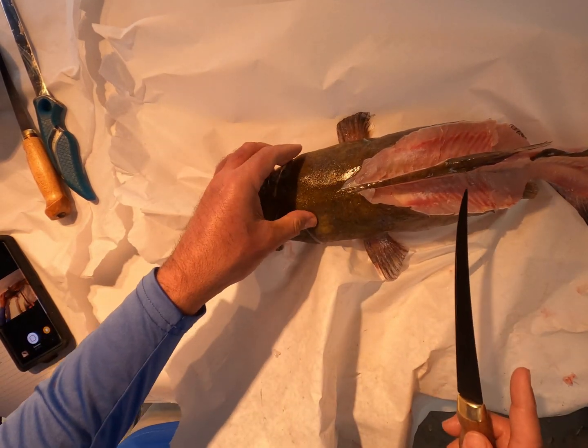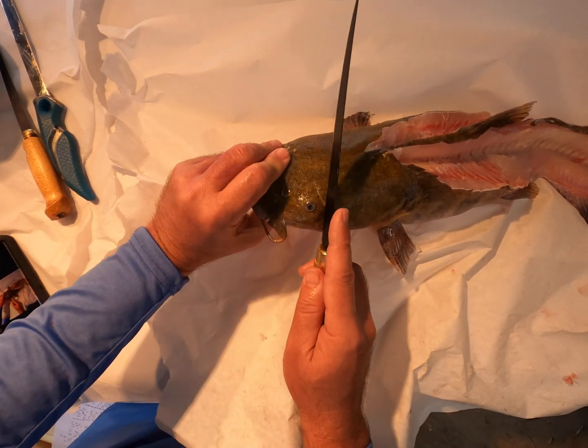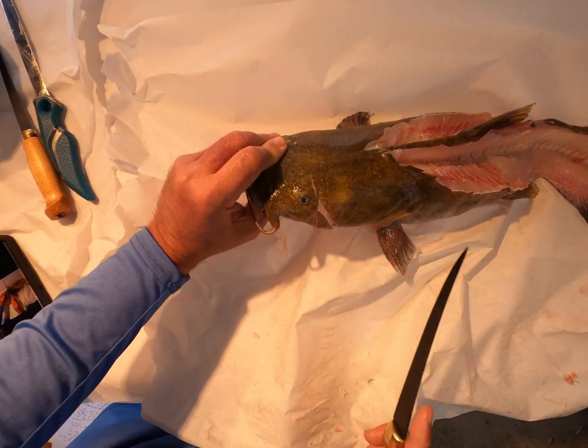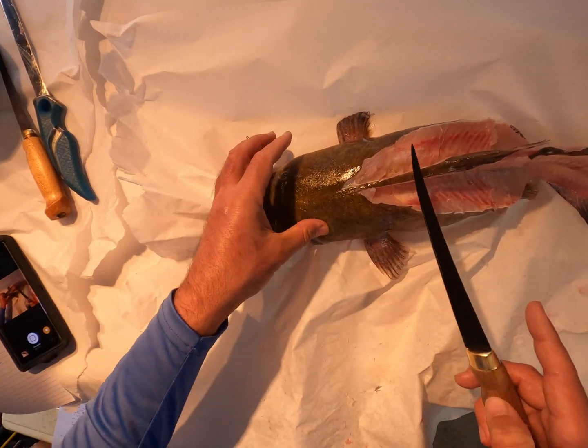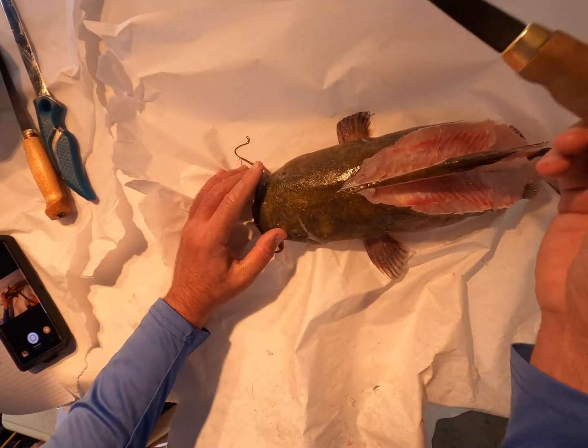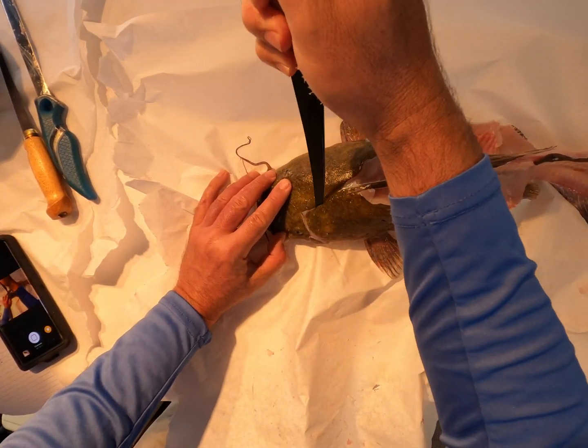Okay. And you can feel it. Actually, I could have gone down a little bit more, and I believe I will get a little bit more meat. But you can feel the meat, the soft area. It's not much on this one, but it's enough. It's worth getting. I want to go around